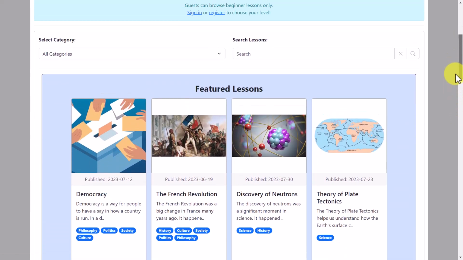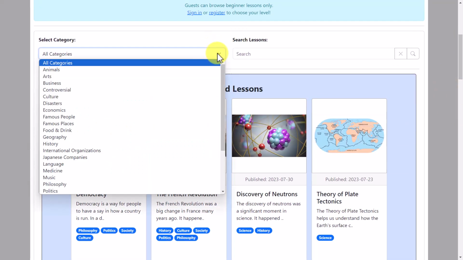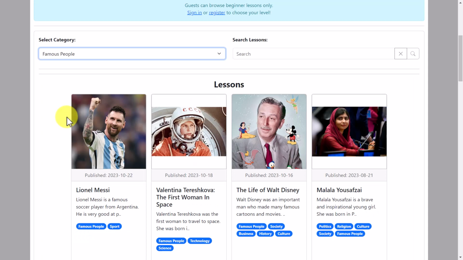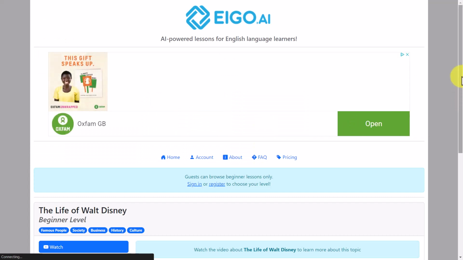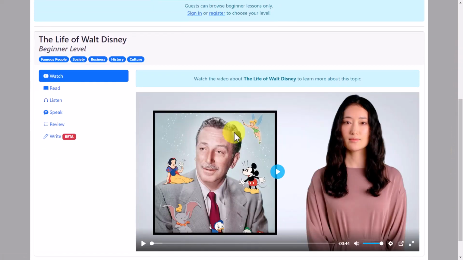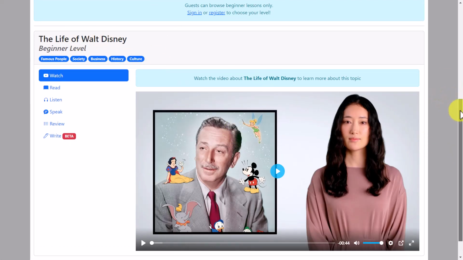what you've got is these categories. And what's interesting about this content is that, if we choose famous people, let's have a look what we got. Okay, the life of Walt Disney. Okay, that's interesting because I know that he failed many times before he succeeded. And we get this, I've chosen beginner level, but